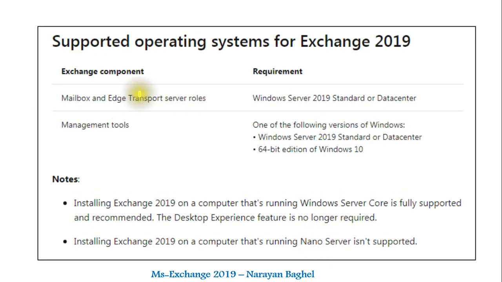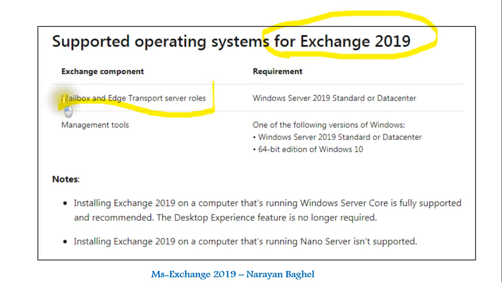Next, the supported operating systems for Exchange 2019. The mailbox and edge server roles can be installed on Windows Server 2019 standard or datacenter. Management tools can be installed on one of the following: Windows Server 2019 standard or datacenter, or a 64-bit edition of Windows 10.